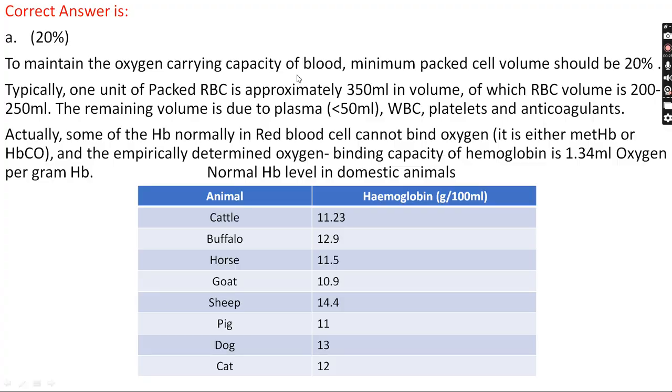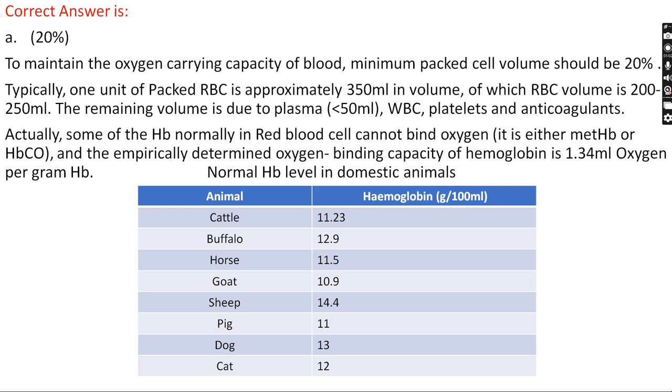Okay. To maintain the oxygen carrying capacity of blood, the minimum packed cell volume in that blood should be 20%. We all know that among all blood cells, RBC is responsible for carrying oxygen. And if we talk about the amount of RBC present in packed cell volume, if 1 unit of packed cell volume is approximately 350 ml, then